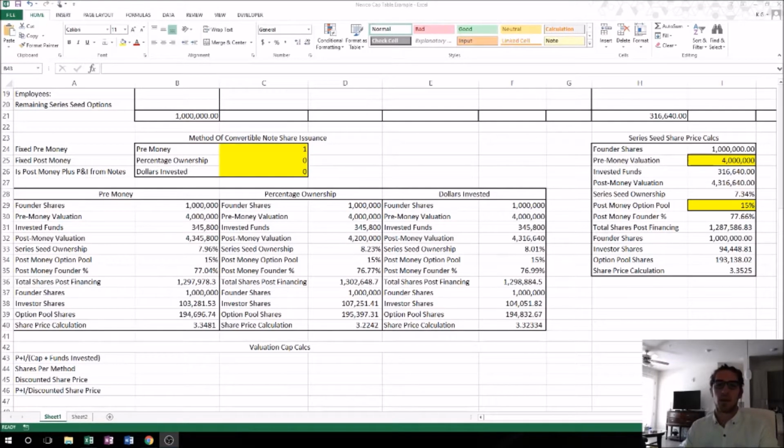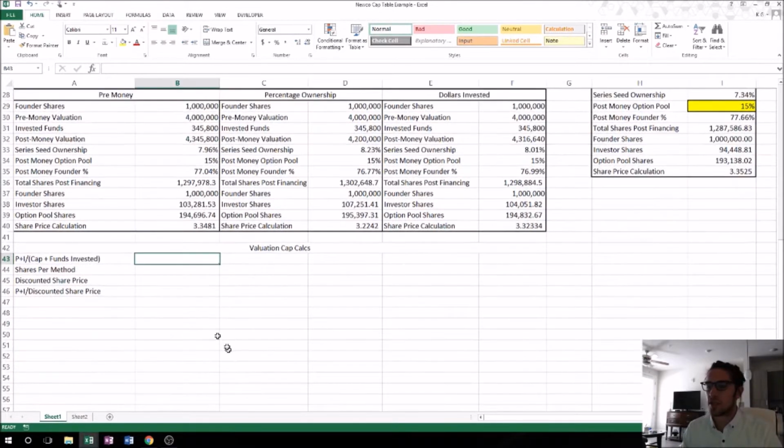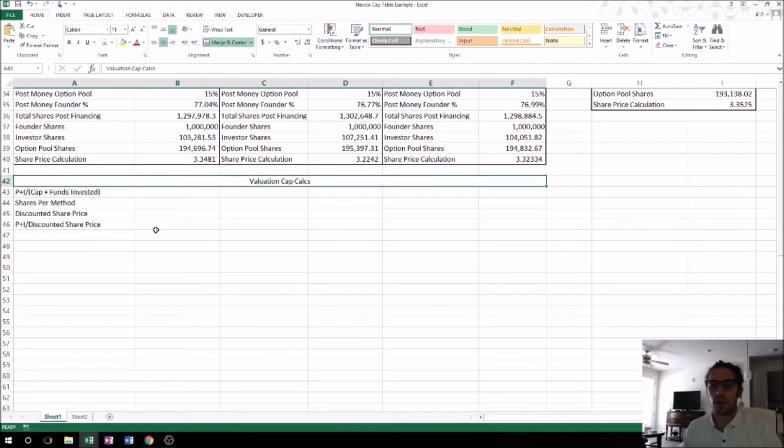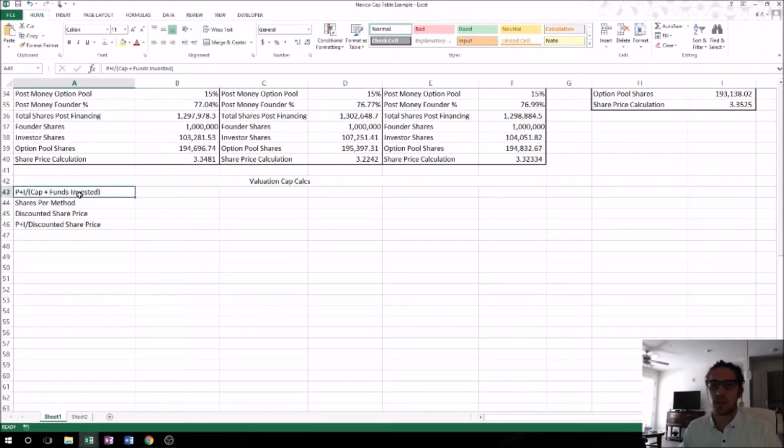Okay, so now that we've calculated all the share prices for the different conversion methods for the convertible note conversion, we're going to go in and add in the valuation cap calculations so that whenever we go to integrate all of these formulas, we can do that seamlessly, and also just to help with the understanding of how this works. So as you can see right over here, I went ahead and typed in a few things. Valuation cap calcs, principal plus interest divided by cap plus funds invested, shares per method, discounted share price, and